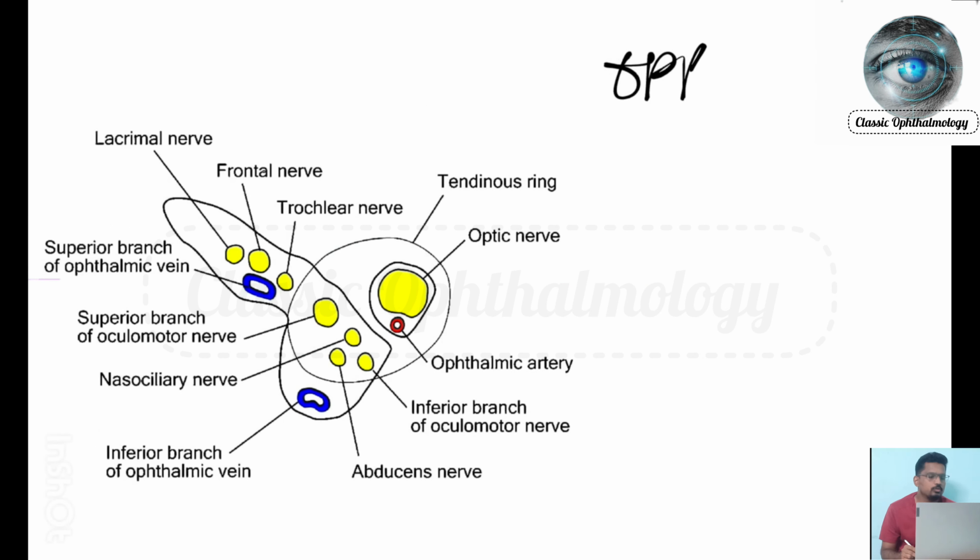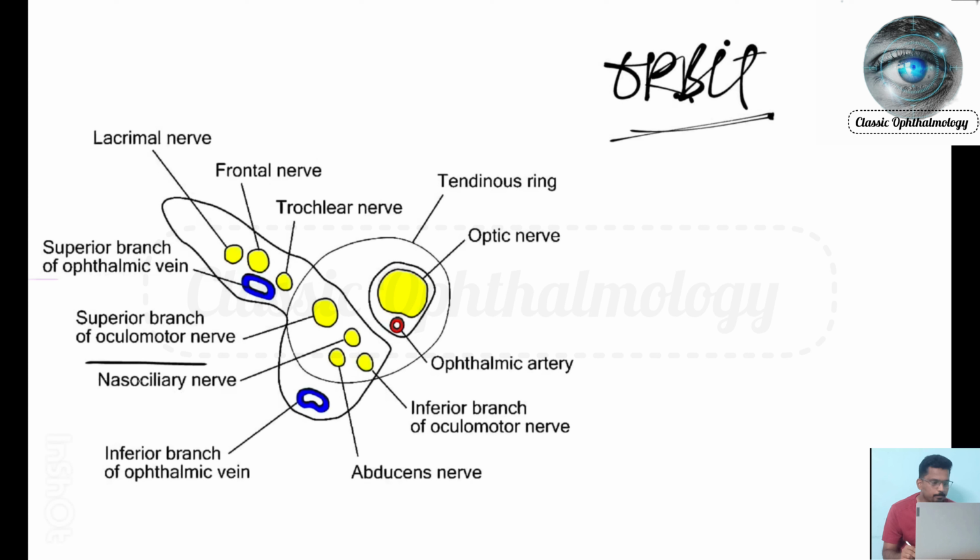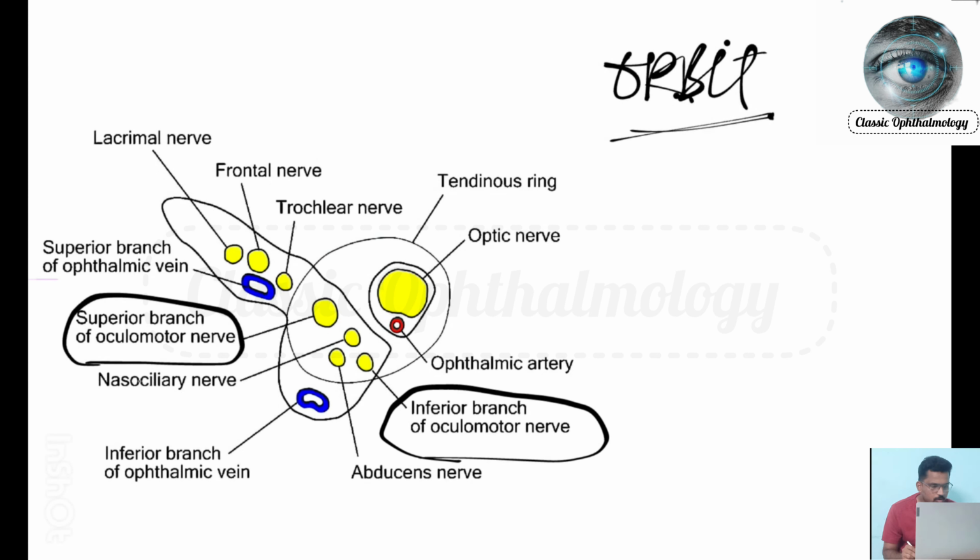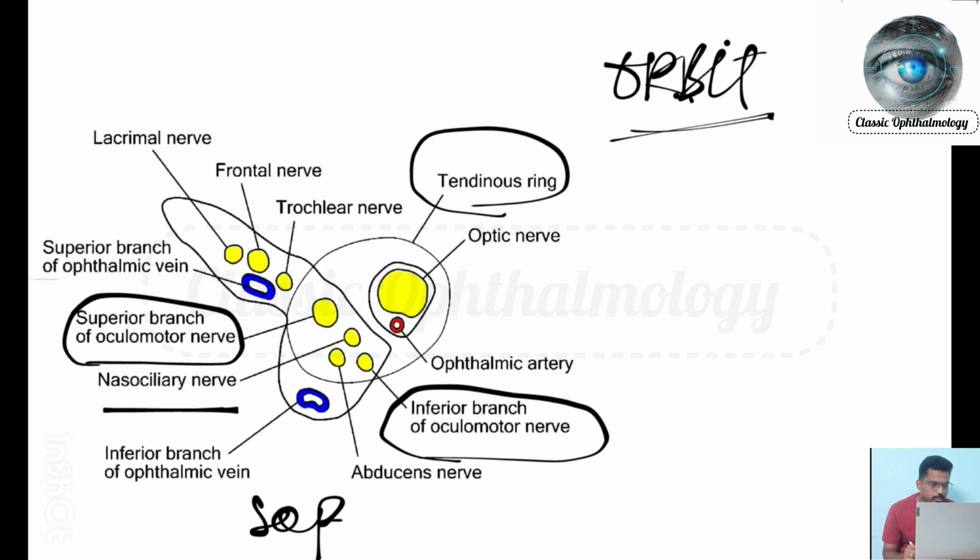Now this is the superior orbital fissure. This is the orbit, and a nerve enters through the superior orbital fissure into the orbit. This is the superior branch, this is the inferior branch, and in between the two lies the nasociliary nerve. The nerve enters through the superior orbital fissure into the orbit, and this is the tendinous ring, this is the optic canal,